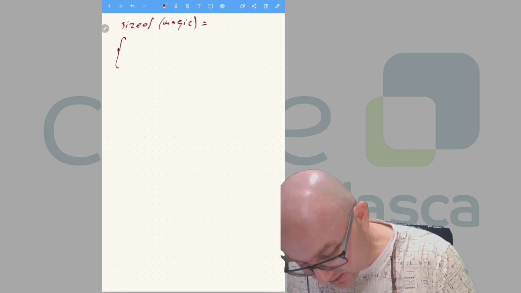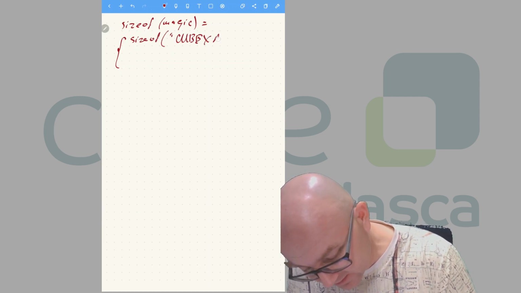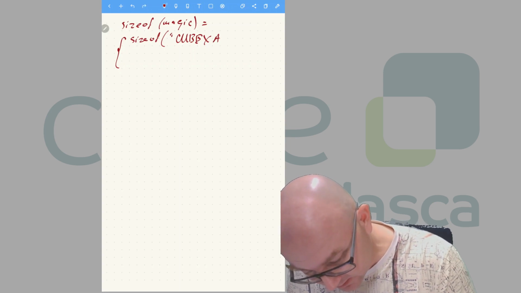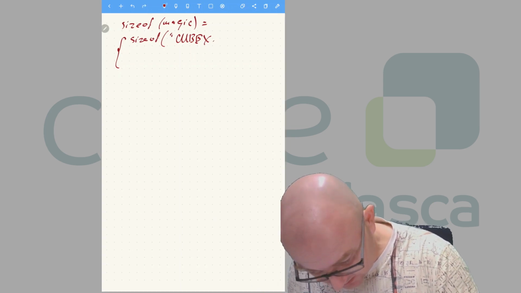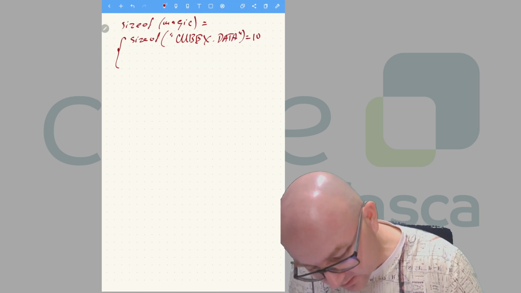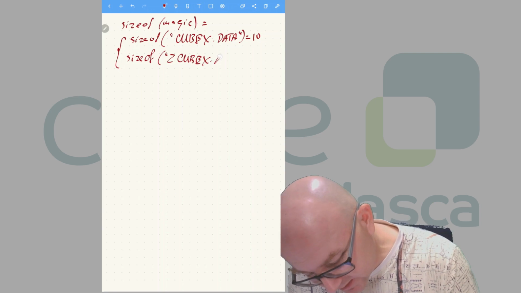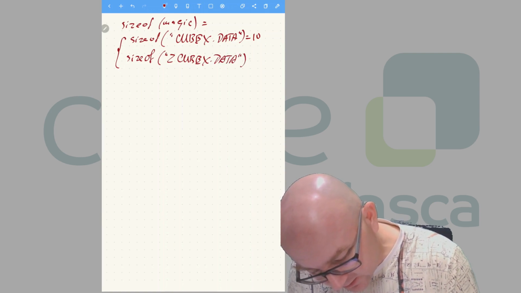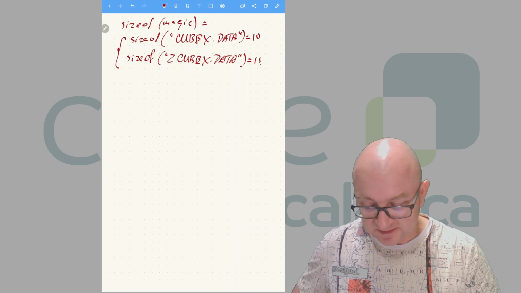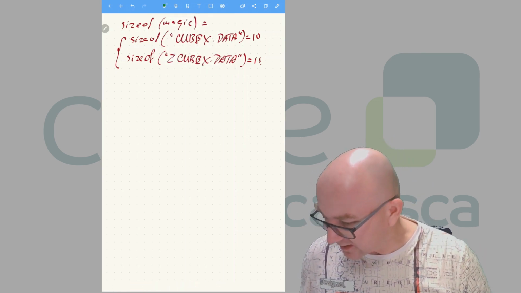is either size of cubex.data, which is 10, or size of cubex data, which is 11, right? Size of data types